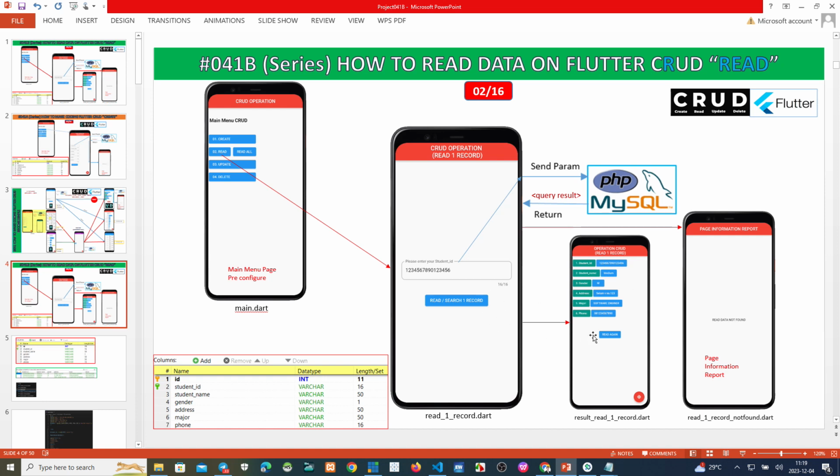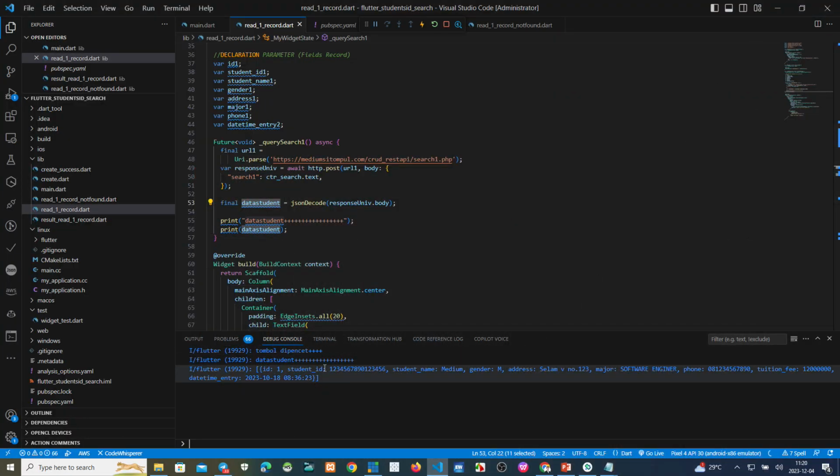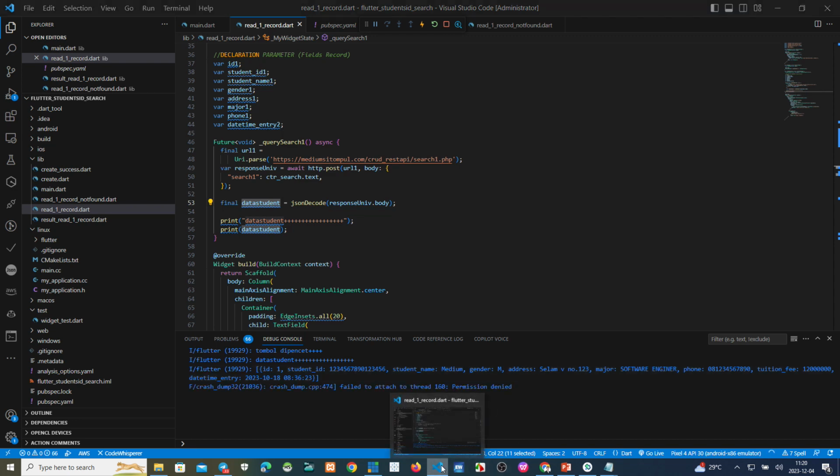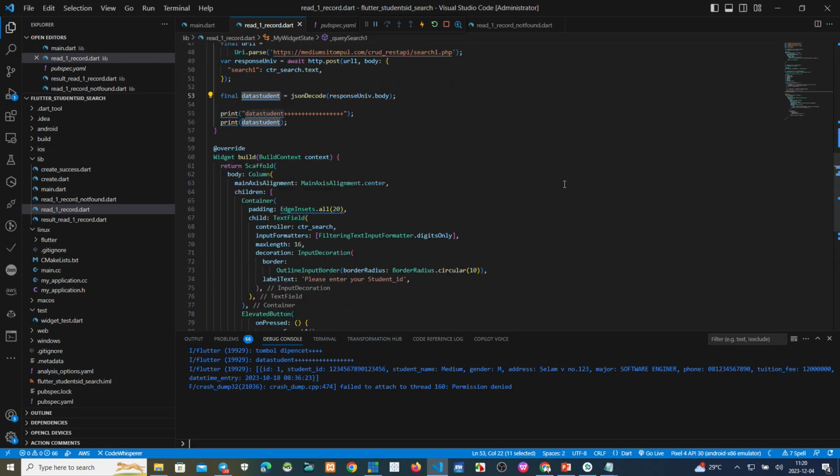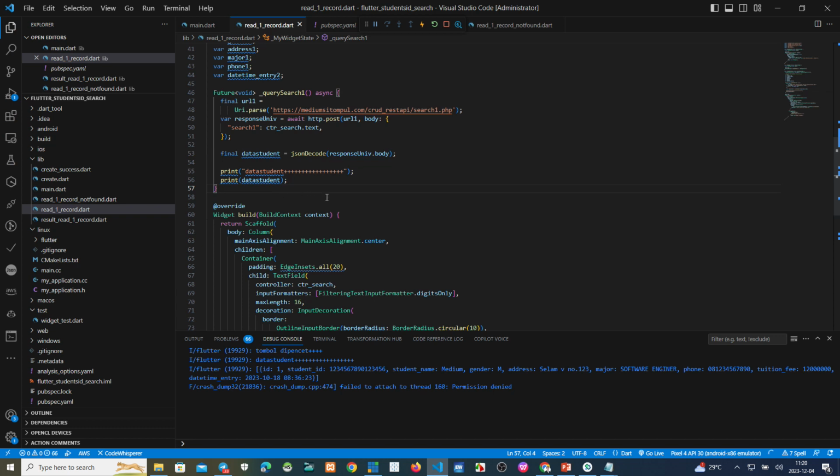Okay, now we must send all these parameters to the next page. Now all these parameters, we make a split field by field. Okay, now sorry, we make a split here.